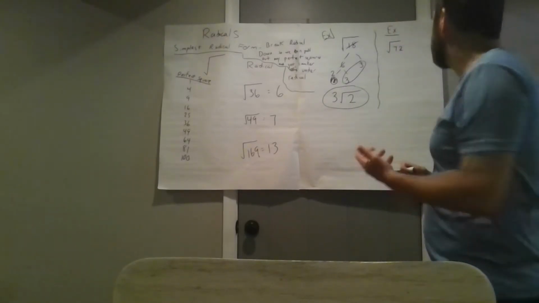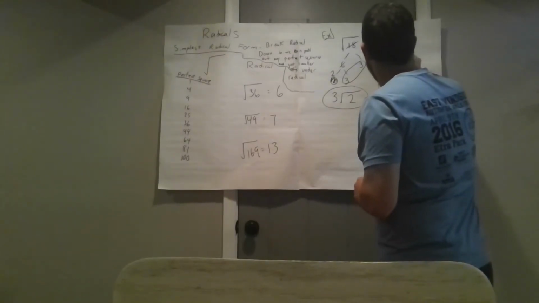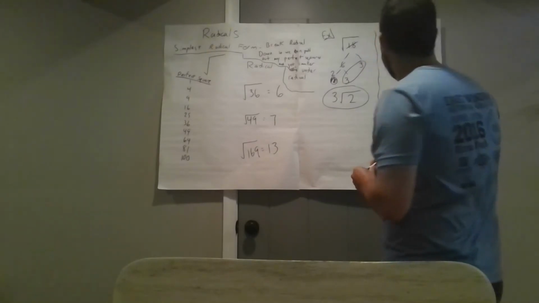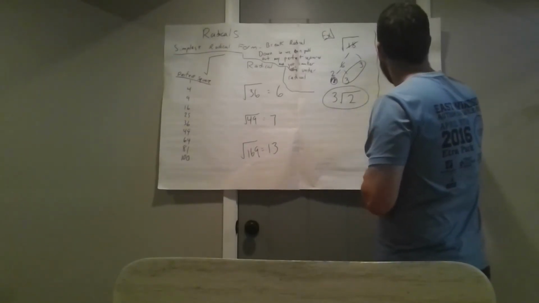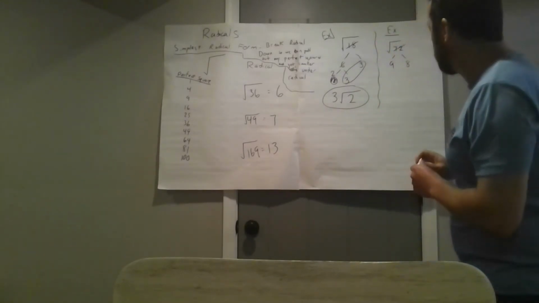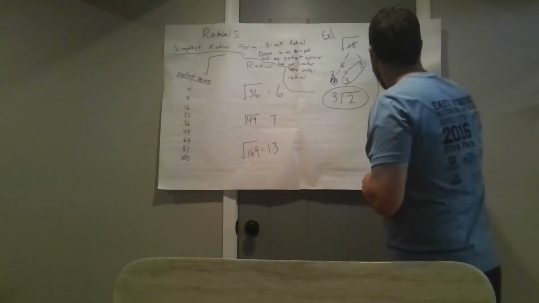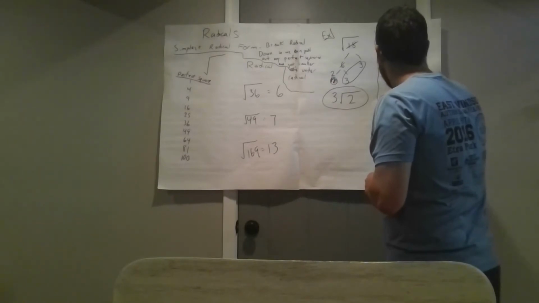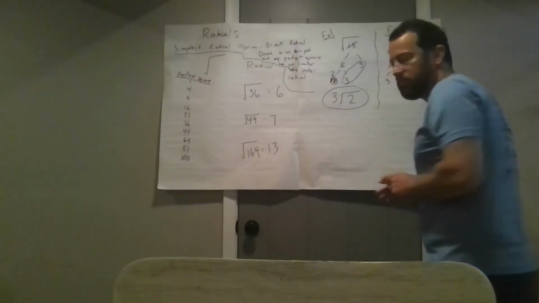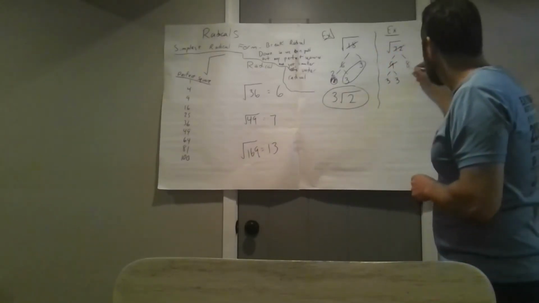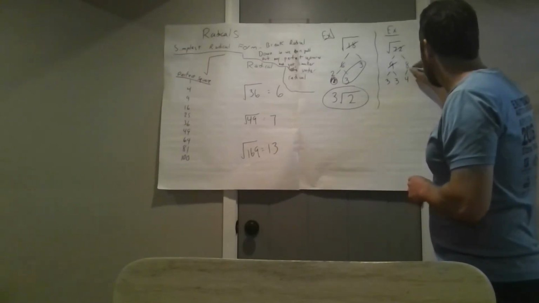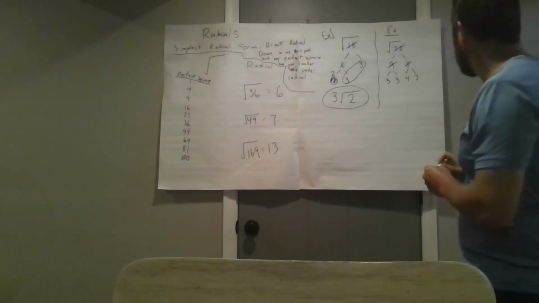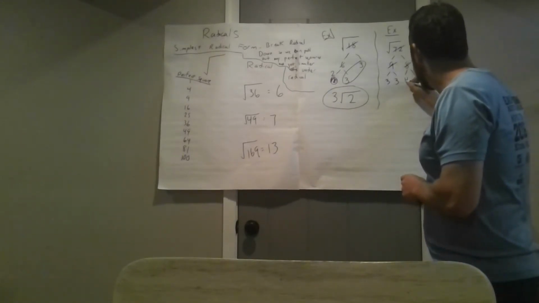All right, 72. We can make a factor tree. 72 is 9 times 8. I'm done with the 72, so cross it out. 9 is 3 times 3. I'm done with that, cross it out. 8 is 4 times 2. I'm done with that, so cross it out. 4